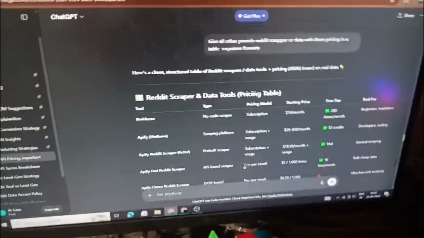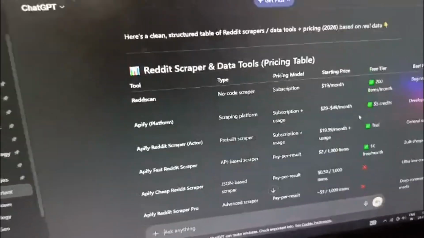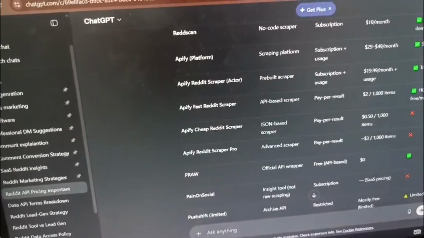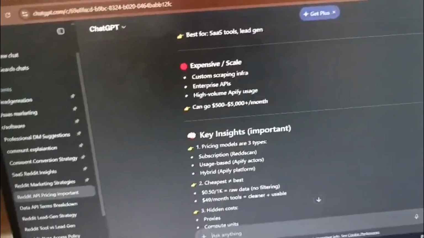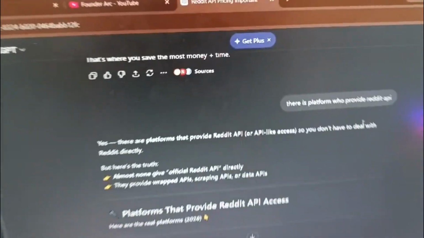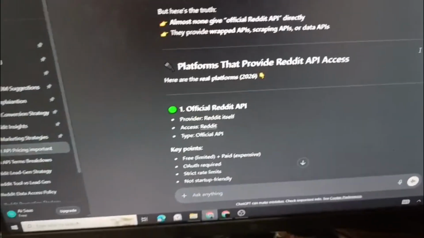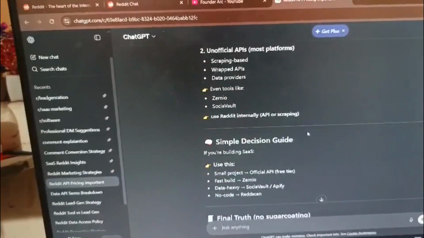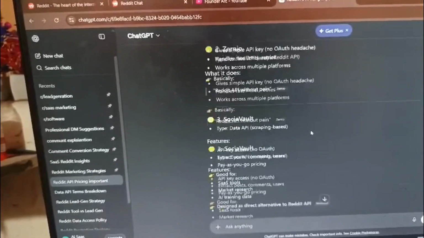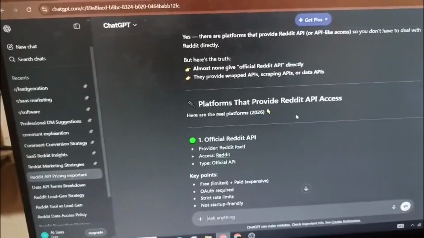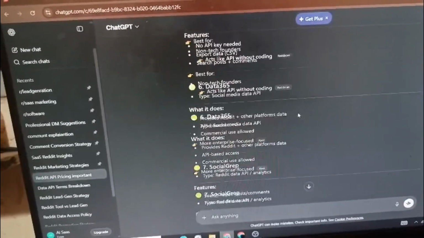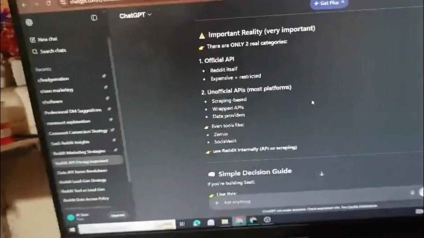There were a lot of Reddit scrapers providing this, but the cost was higher, so I am checking what to do. You can see the Amplifier scraper and others that were also there. I also asked the whole platform about APIs, and they gave official APIs. The official APIs are a little hard to get, so I'm thinking of using a scraper or another software to get the data of Reddit. So let's think about what to do.